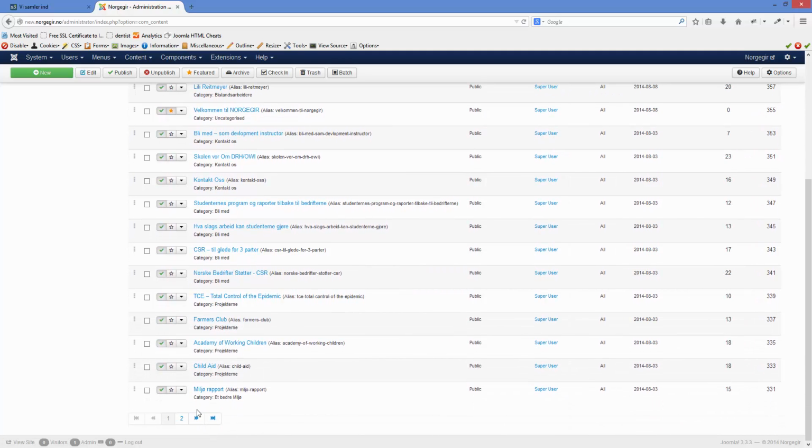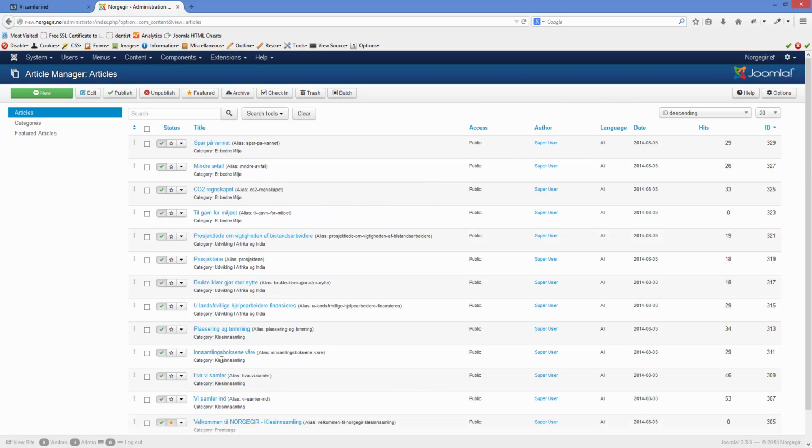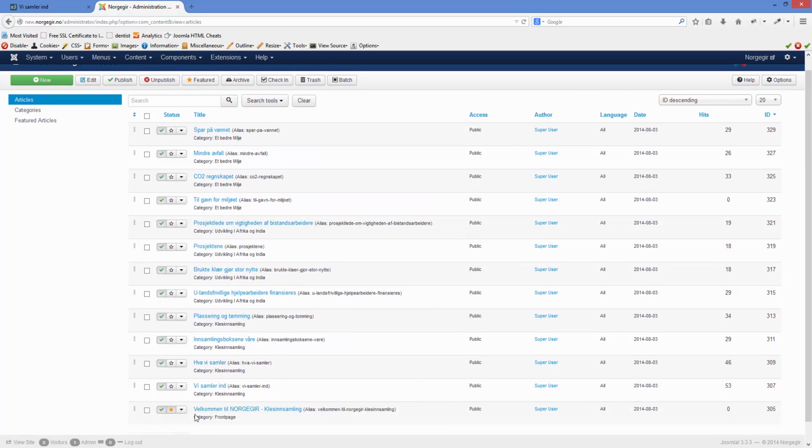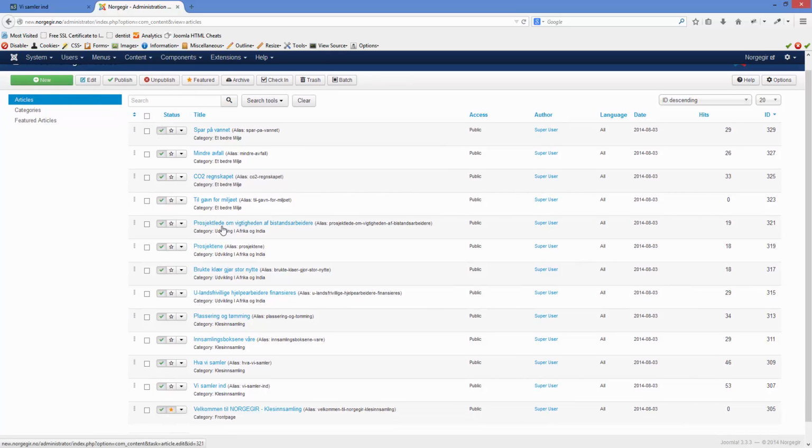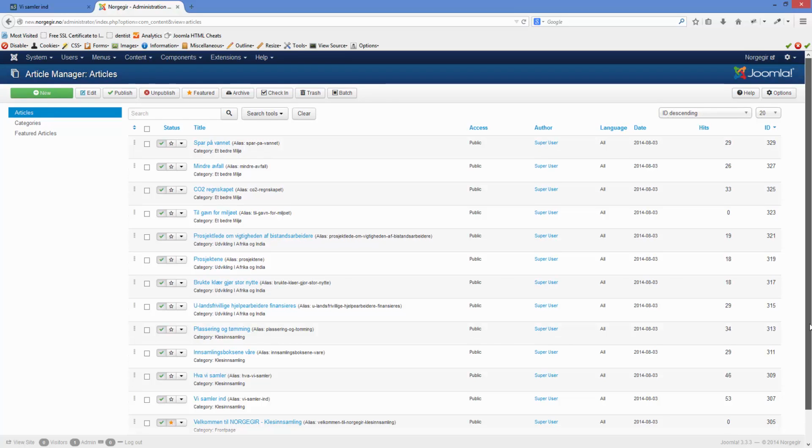And again you go down here and you can go to page 2 to see the rest of the articles. I'm just going to go back in again in the article manager. So if you need to correct something within an article, you basically click on the article,